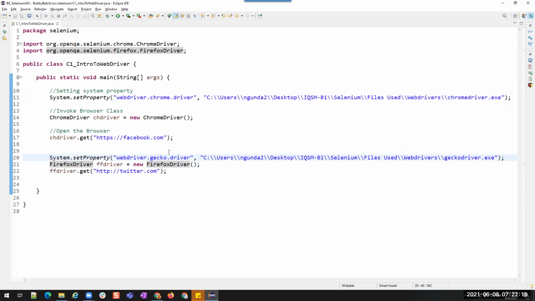This is common. But the difference is, to invoke Chrome we are creating a ChromeDriver class object, and to invoke Firefox we are creating a FirefoxDriver class object. So that is the difference.